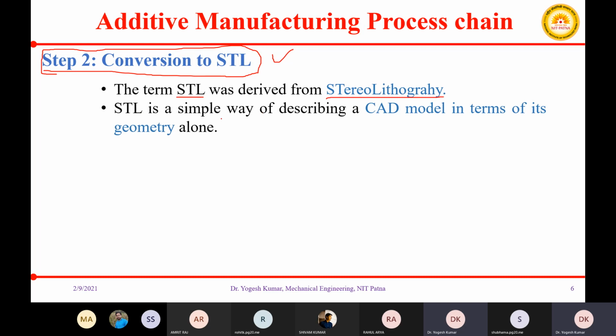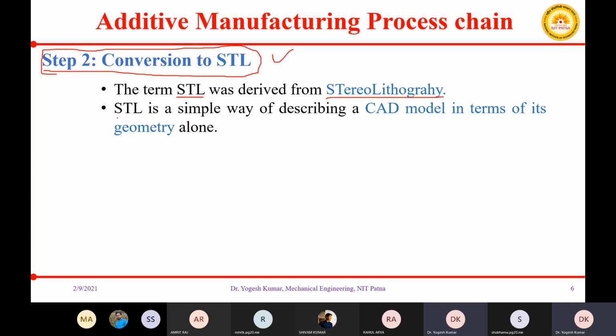STL is the simplest format. A few important things I have kept as bullet points in the PPT, and a few things I will demonstrate using open source software which I could download. A few I may not be able to demonstrate because I do not have an actual 3D printer where I am sitting.